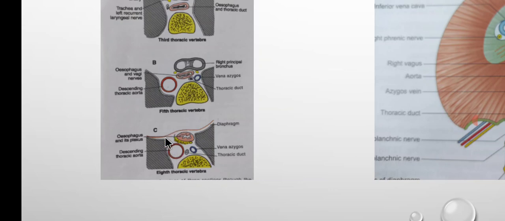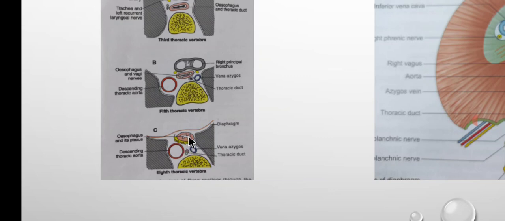Okay, so one more time I am going to revise. Anteriorly there is a diaphragm, then esophagus, then the right pleural recess. Posteriorly there is a vertebral column, posterior intercostal arteries, and the terminal part of the hemiazygos vein. On the right side there is an azygos vein, and on the left side there is a descending thoracic aorta.